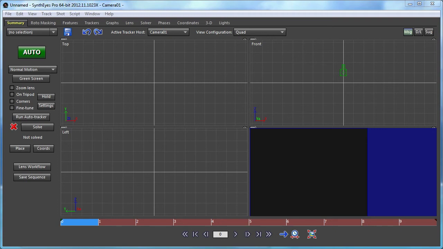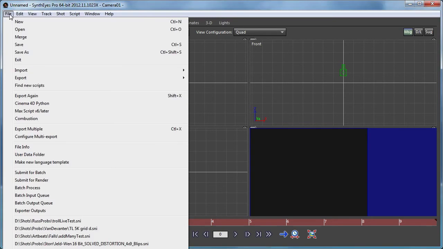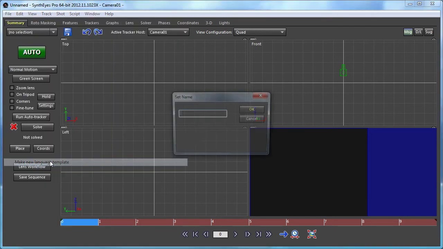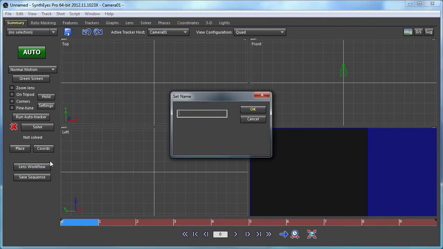Today I'd like to talk a little about the Community Translation Project in SynthEyes, where the idea is that users can contribute translated versions of the SynthEyes user interface that take the form of an XML file that can be edited to add the appropriate translations. So I wanted to run through how that process works so that people will be able to give that a shot. So we're going to start out by selecting Make New Language Template, and we're going to give a